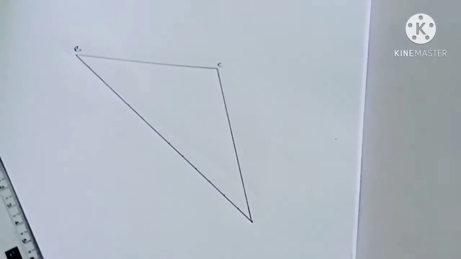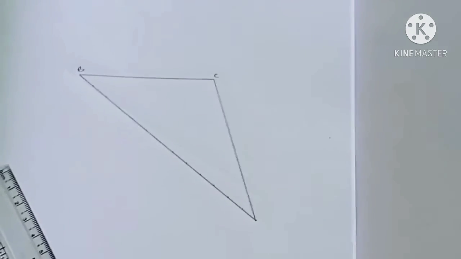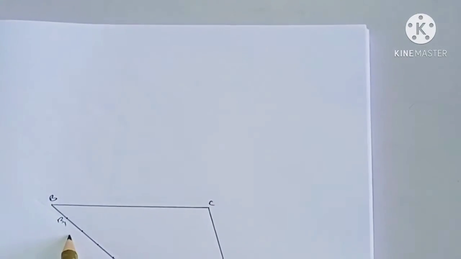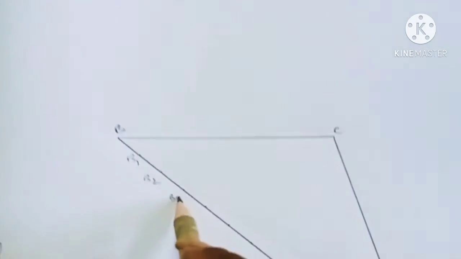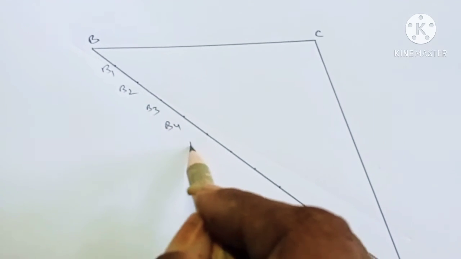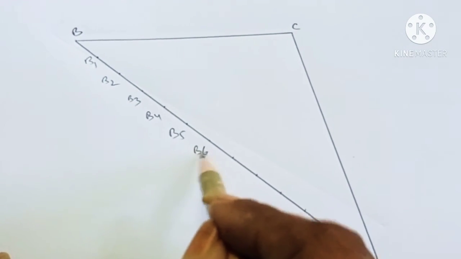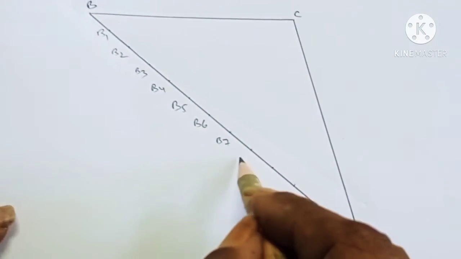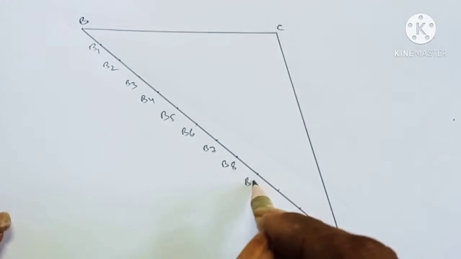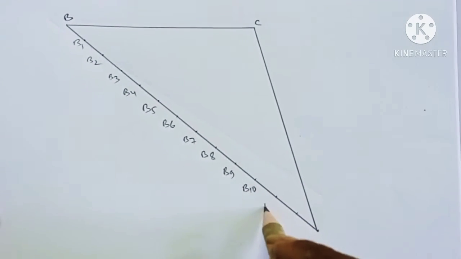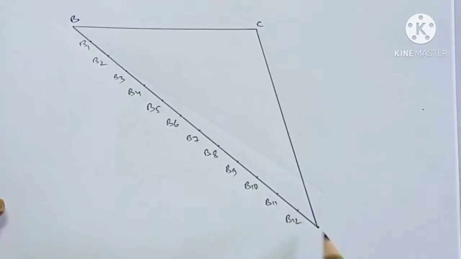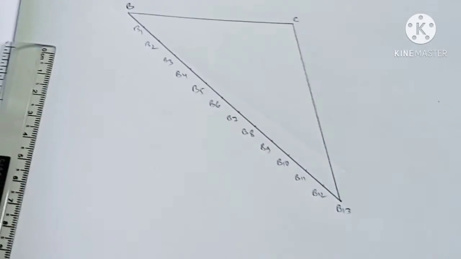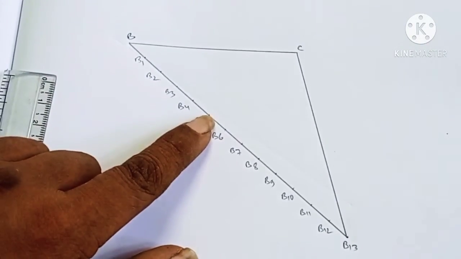Now I am going to mark these as B1, B2, B3, B4, B5, B6, B7, B8, B9, B10, B11, B12, B13. Now at point B, I am going to draw a line parallel to